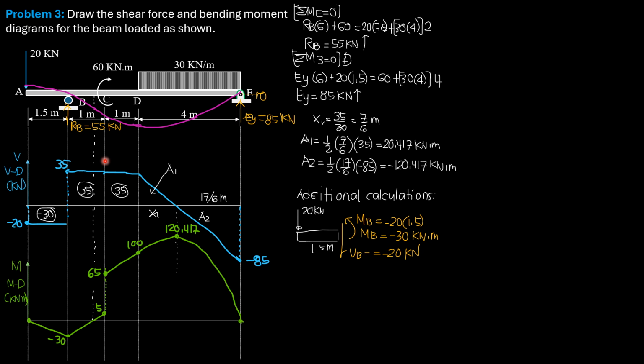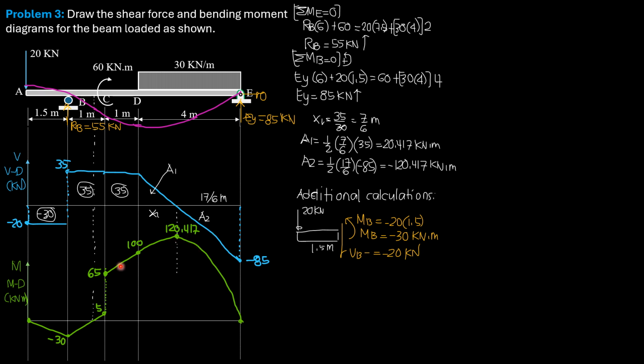Straight line again. The slope is positive 35 for that moment curve. Then 100 plus area 1, where area 1 is 20.417, is 120.417, the maximum positive moment. The maximum negative moment is negative 30. And it is curved like that, second degree, because initially the slope of the tangent is 35. Then the slope at 0 shear is 0 also, because the slope in the moment diagram is horizontal.